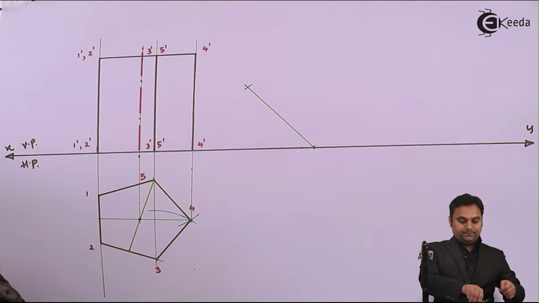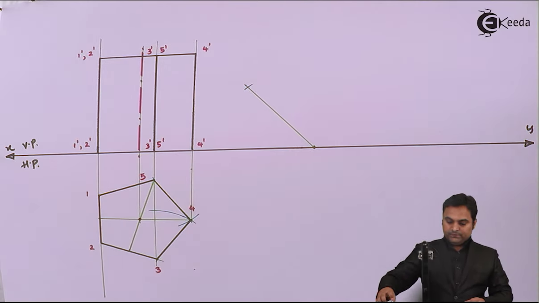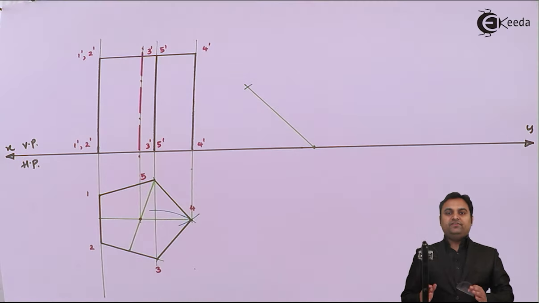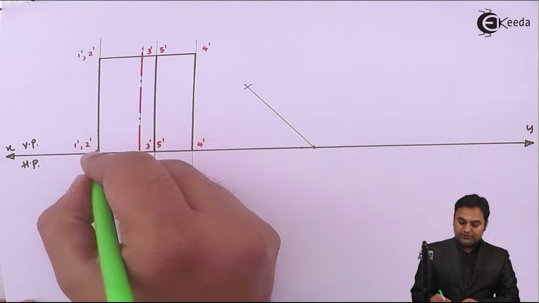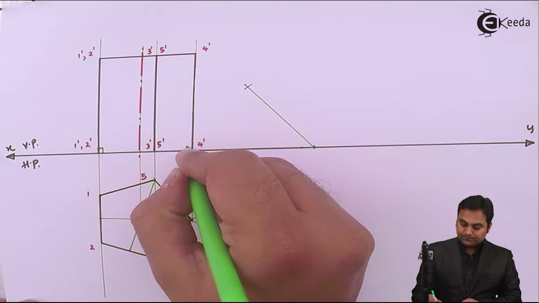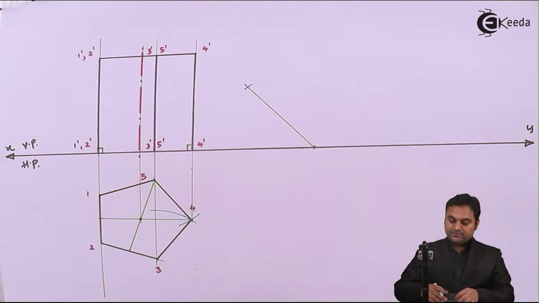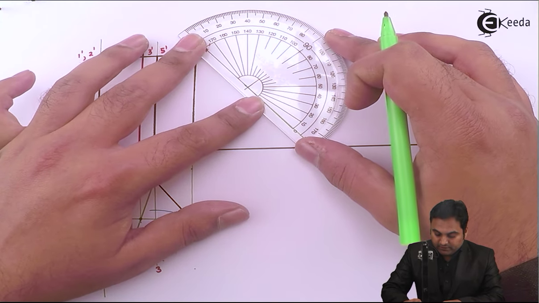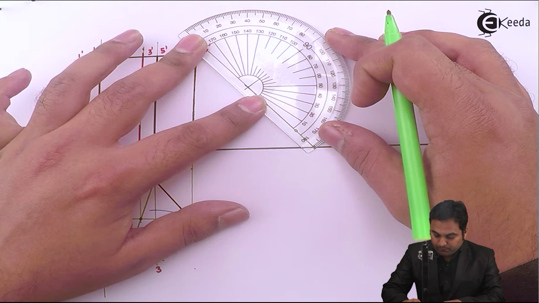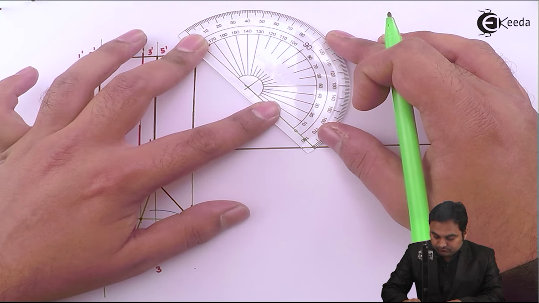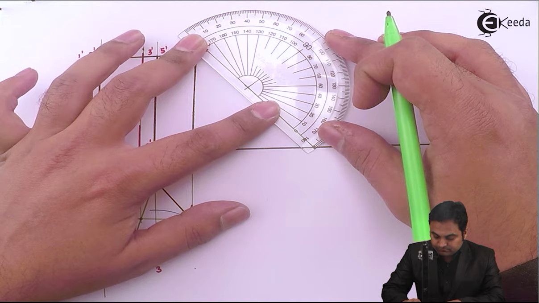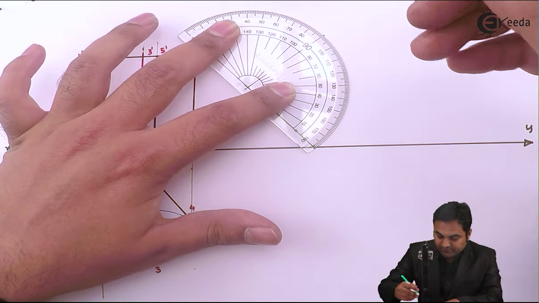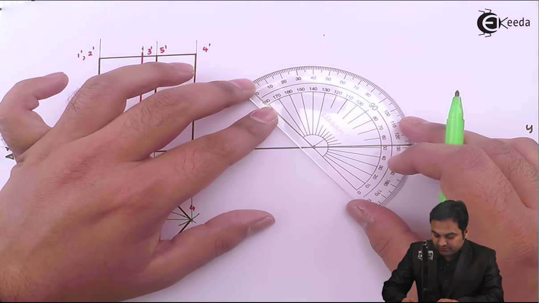After this, since the base and the edges, that is the rectangular faces, are perpendicular to each other, once I have drawn this base, I'll take this point and draw an angle at 90 degree. Similarly here,